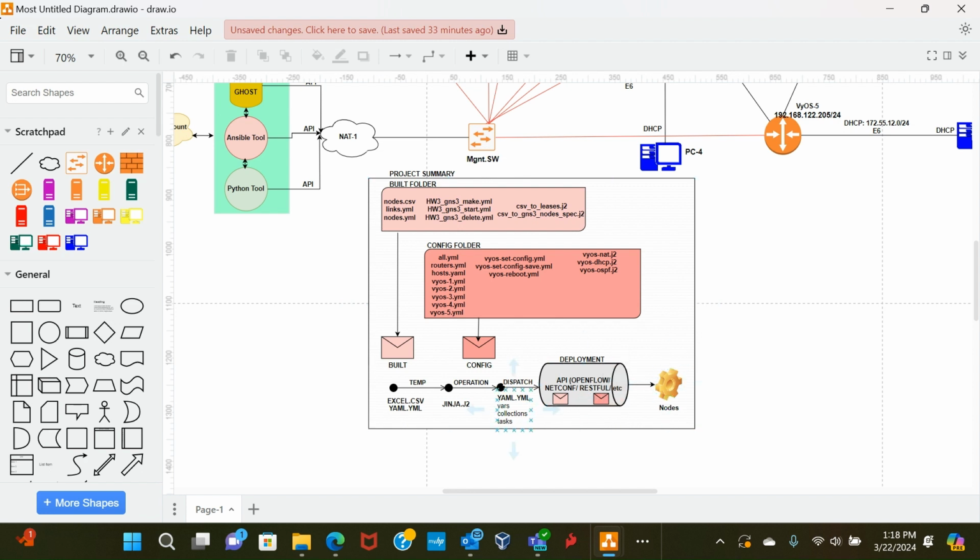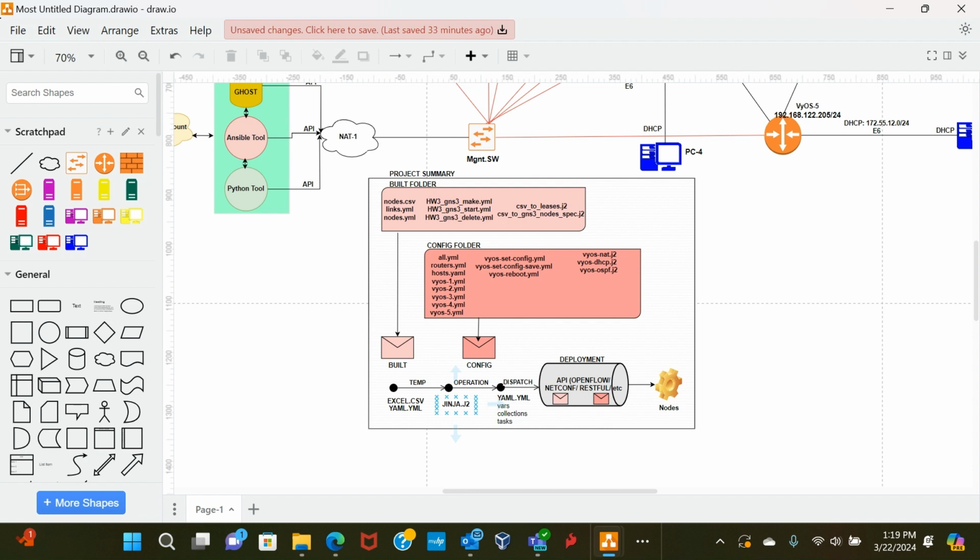So we could use a YAML template to say, hey, go in and deploy OSPF on the entire network, go in and deploy BGP, go in and deploy ISIS, go in and deploy this kind of security configurations on the nodes. Okay, so that is what we're going to do. So the whole concept is we necessarily need to understand how to use YAML templating.